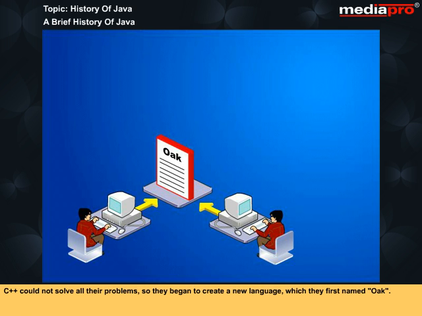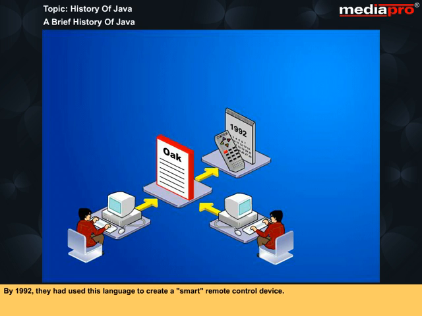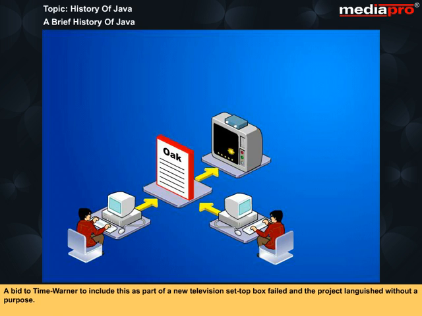C++ could not solve all their problems, so they began to create a new language, which they first named Oak. By 1992, they had used this language to create a smart remote control device. A bid to Time Warner to include this as part of a new television set-top box failed, and the project